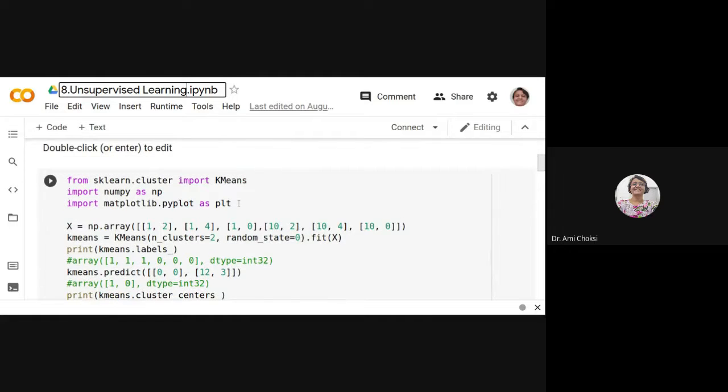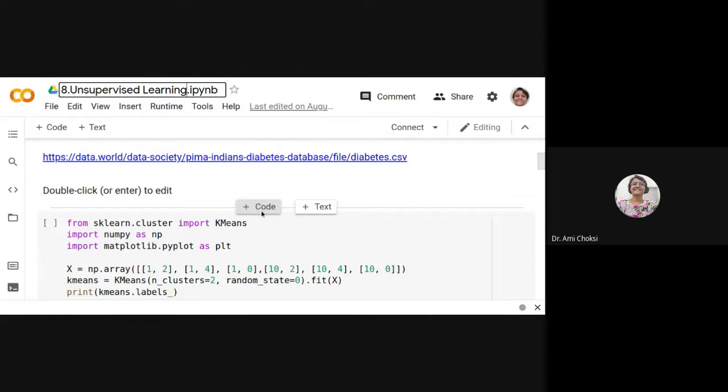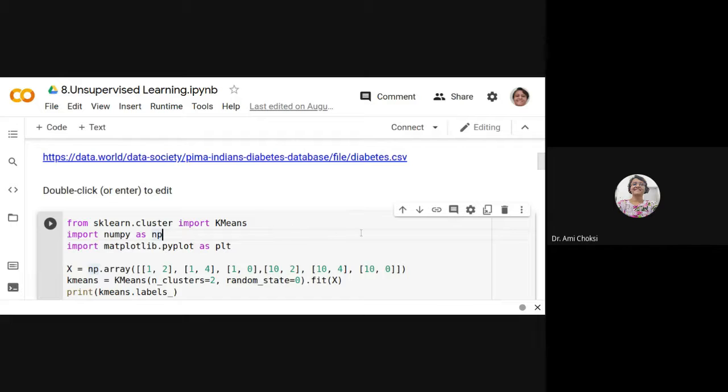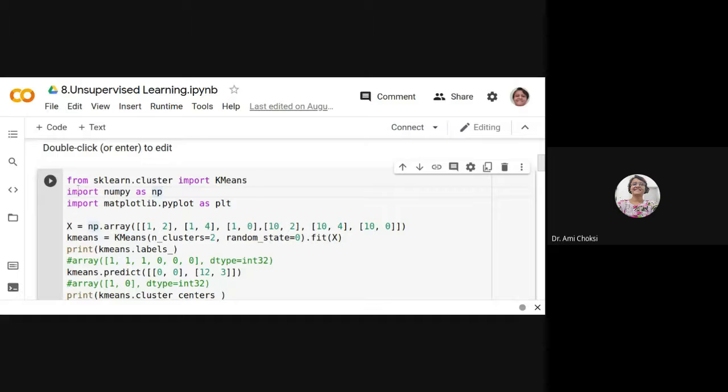Let's say that we want to have a K-means clustering algorithm. So for that, what we require is from sklearn, as we know that we are using the machine learning algorithms, they are from the sklearn library, isn't it? So now we want to have the clustering.